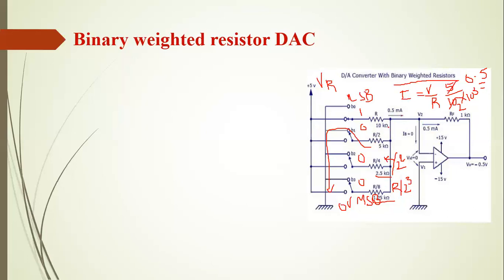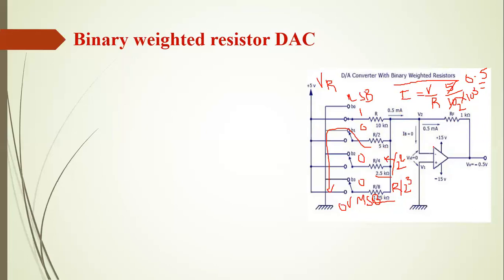As it divides, the resistance is getting divided. Here the current will increase when it is passing through the different resistor combinations. So for the given data, as the remaining 3 bits are in 0 position and V0 is 1, the current that is passing through this circuit is 0.5 milliamps itself. Now this current will pass through this output terminal.